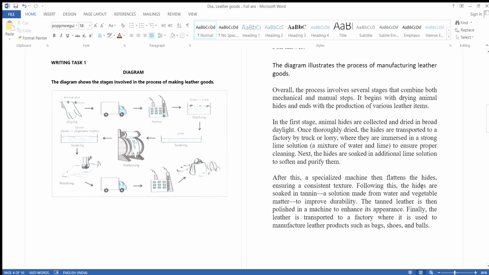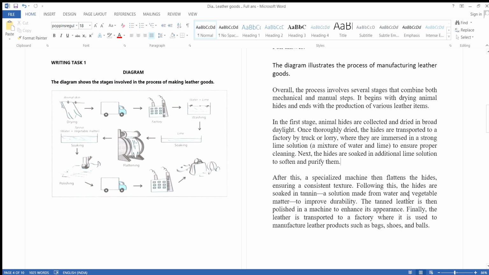So let's move on. The specialized machine then flattens the hides, comma, ensuring a consistent texture. What for is this? That is for a standard texture. Again, this part is the development. Next stage we are going to describe, which is following this. The hides are soaked in tannin,